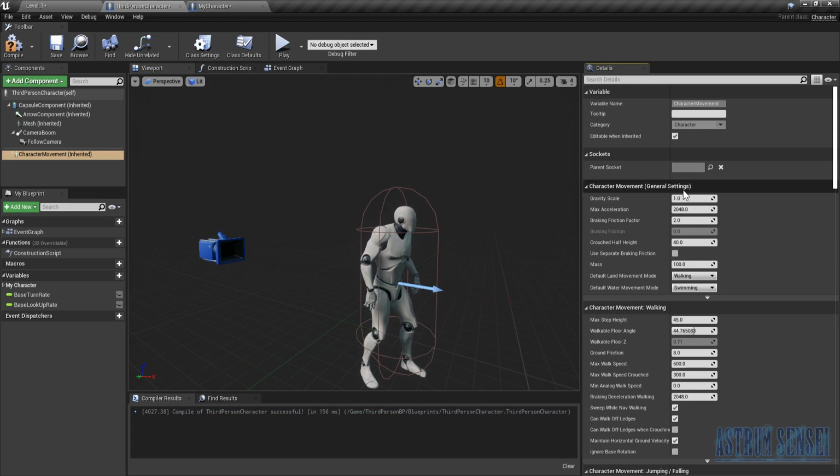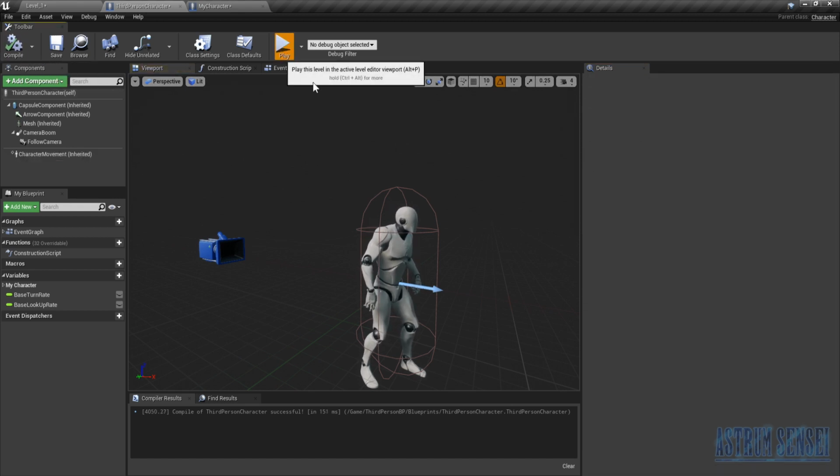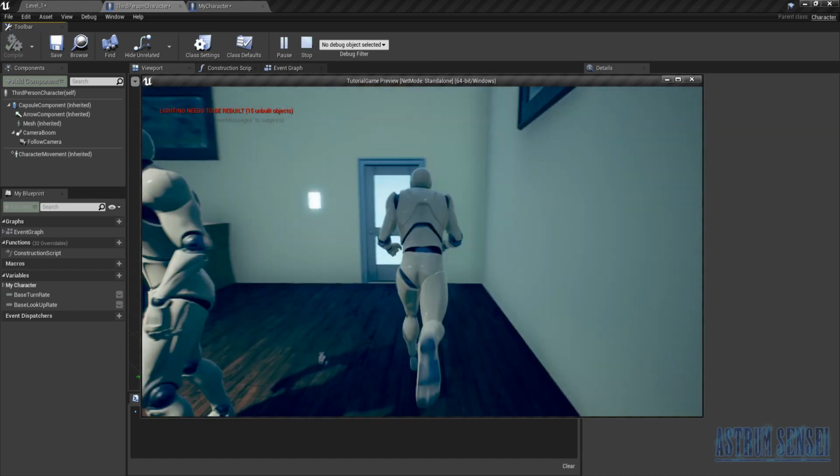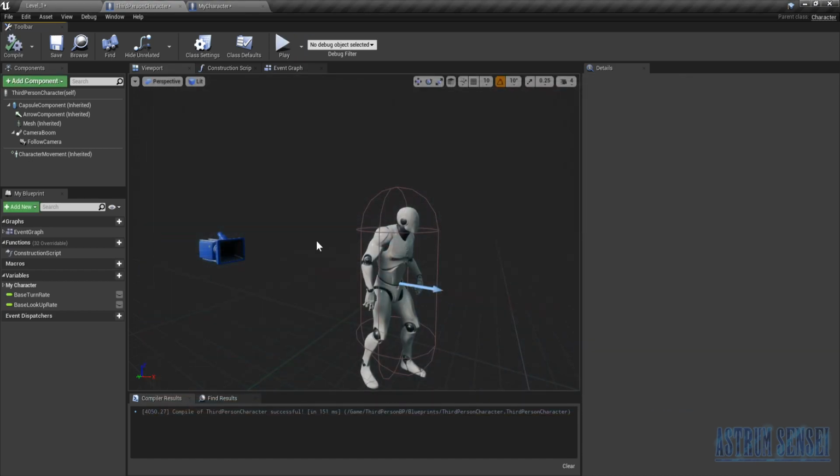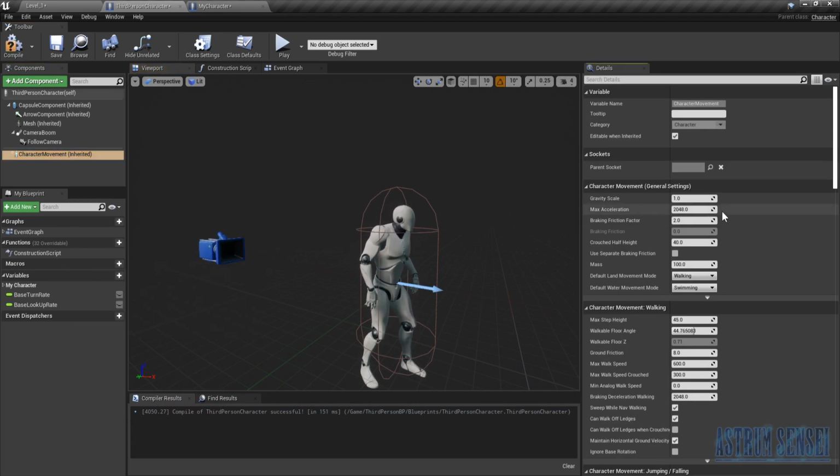that back to 1. We have max acceleration, which is how fast the character starts walking. So if you put it to, I don't know, 1000 instead of 2000, and you press play, it takes more time to get to full speed with the character now, kind of like a car. And you have braking friction, crouched half height, which is the crouch height, mass, which is also a weight, default land movement mode, default water mode,